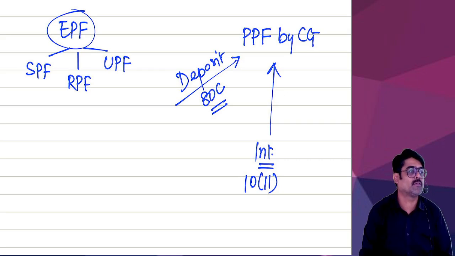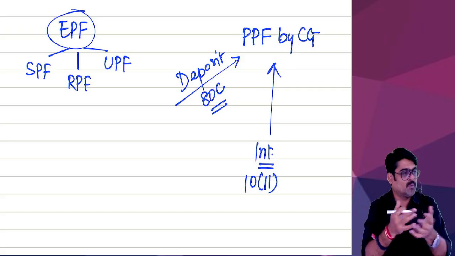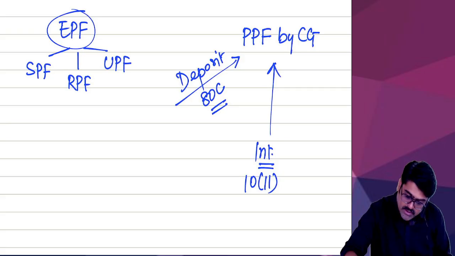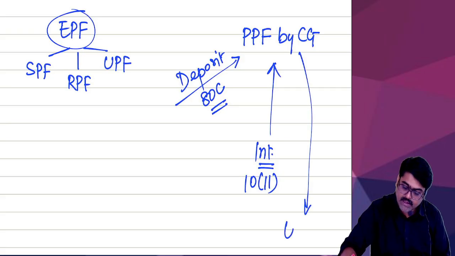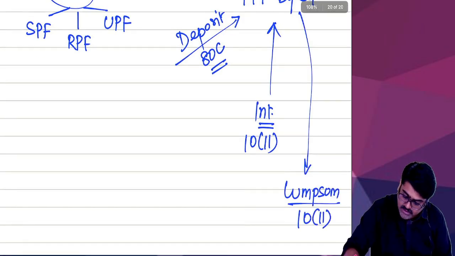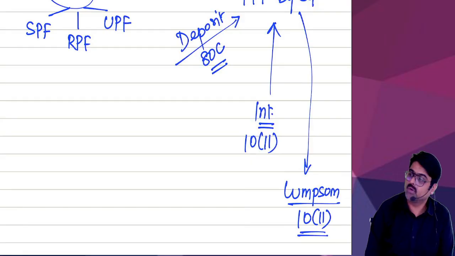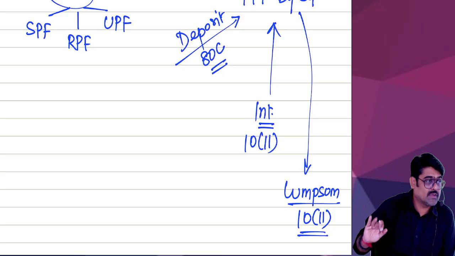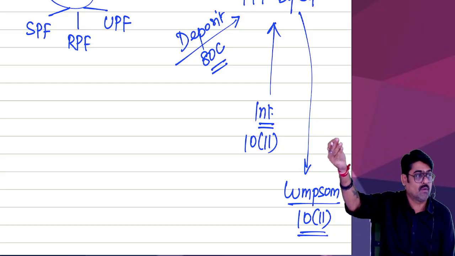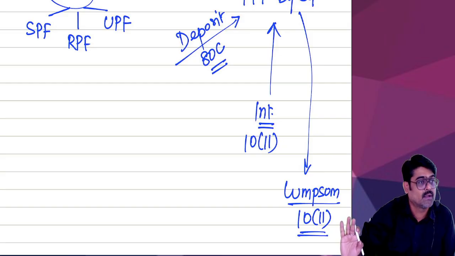Will you remember this? Now after 15 years, a decent amount will be accumulated in your PPF account. That amount will come out as a lump sum. And that entire lump sum will also be fully exempt under section 10 subsection 11. Will you remember this tax treatment? I am not going to discuss this in section 80C now, because I have discussed this entire point here. So now tell me,